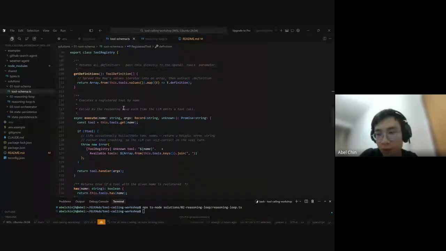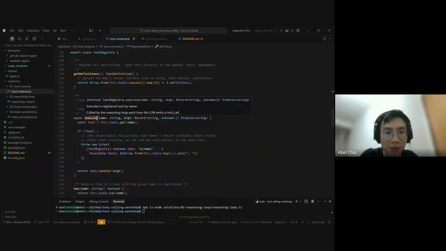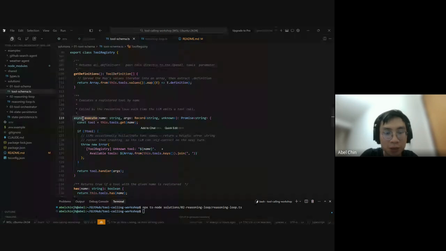So when we have all these tools inside the registry already, and the LLM chooses one, we want to execute the tool. So we define an execute function, and async, because this is when the LLM calls it. The LLM calls the tool, executes the tool, and because it's an API, there will be some latency. It's a third-party LLM that we're using, so async. Even if it's not third-party, if you're using Ollama, it's always good to consider latency issues. So async operation, asynchronous, basically you call it,